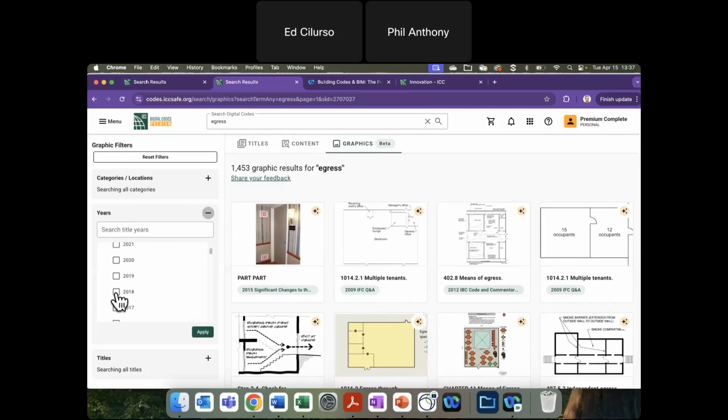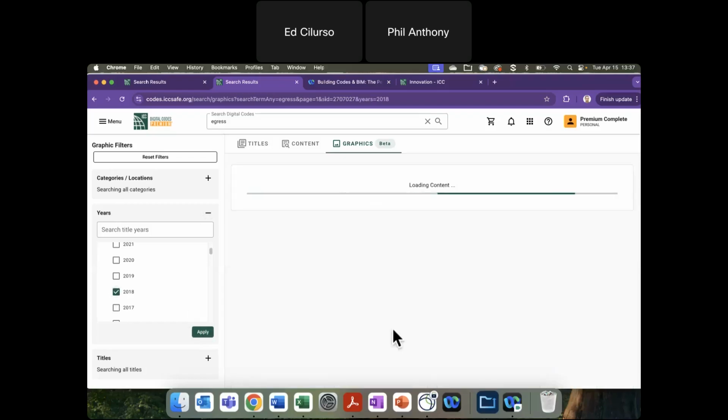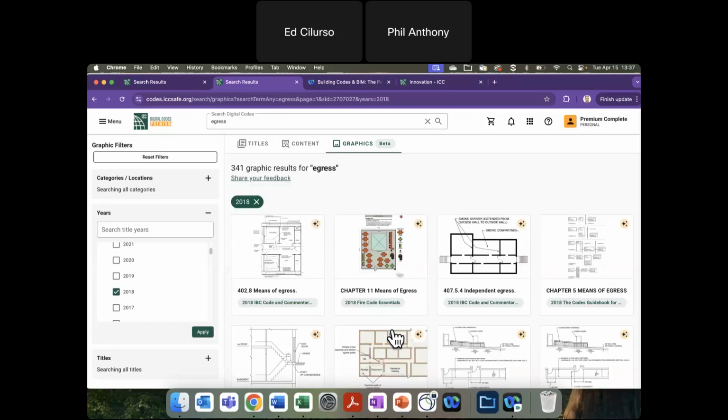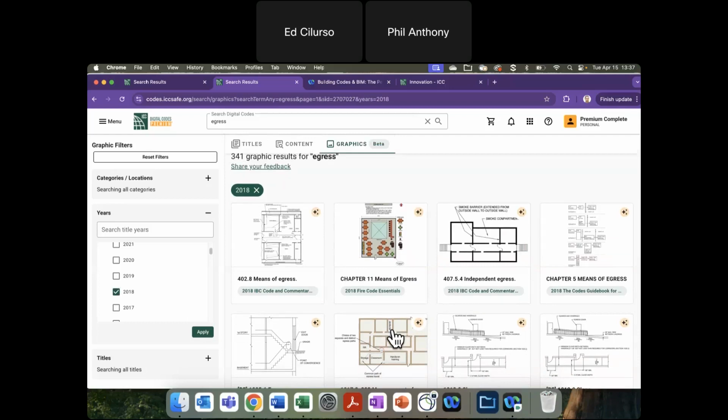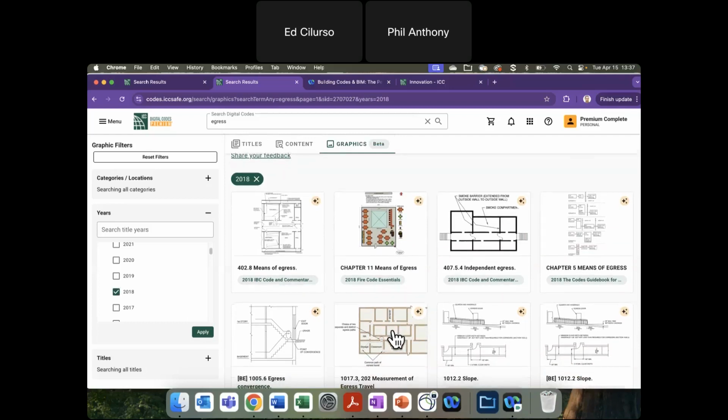That it will still, because of how it's doing the matching, give you a variety of title results. So if I'm putting over here and then I apply that filter, 2018, yep, it limits back. So yeah, this is what we encourage people to use and give results back. I think that actually was one of the things that was asked: I know I'm in 2018 IRC, but I'd kind of like to see all those different results. And if you see, it did limit to 2018.